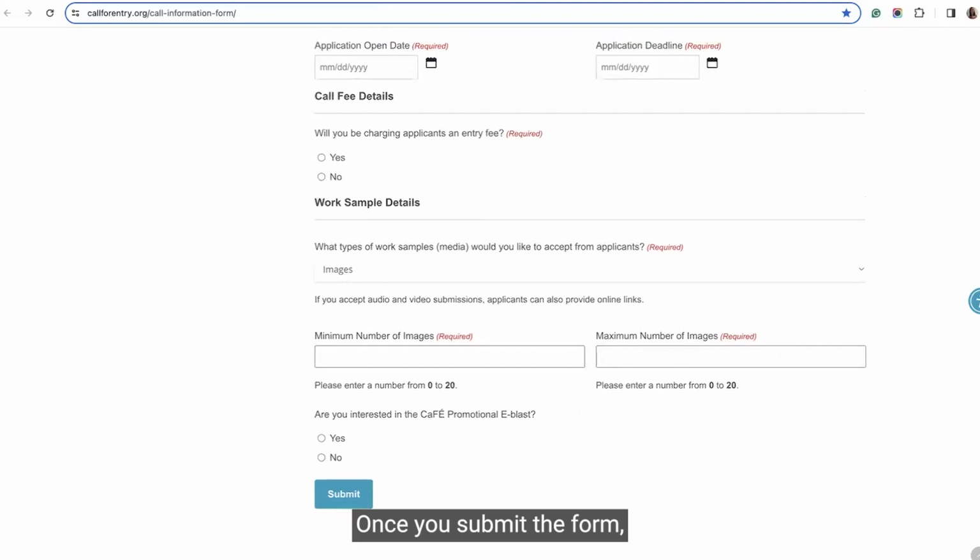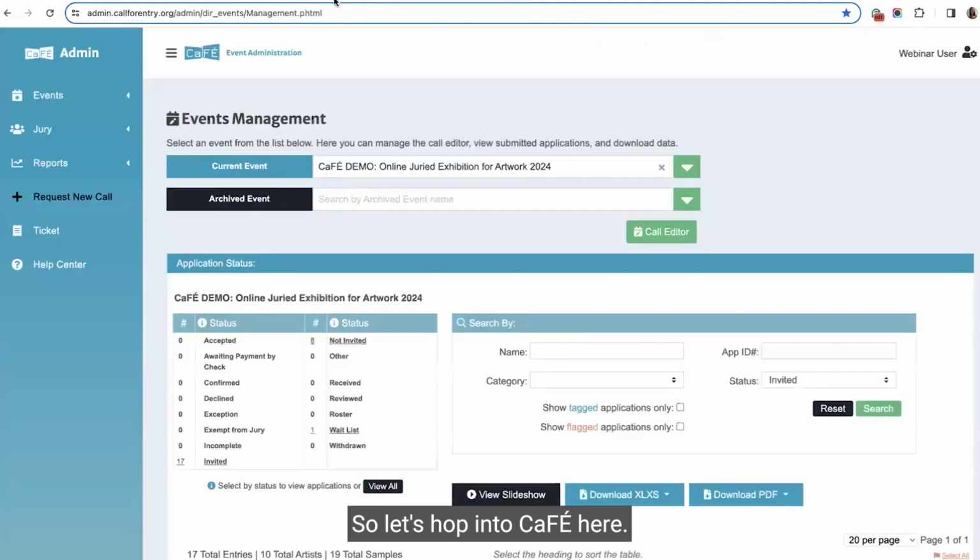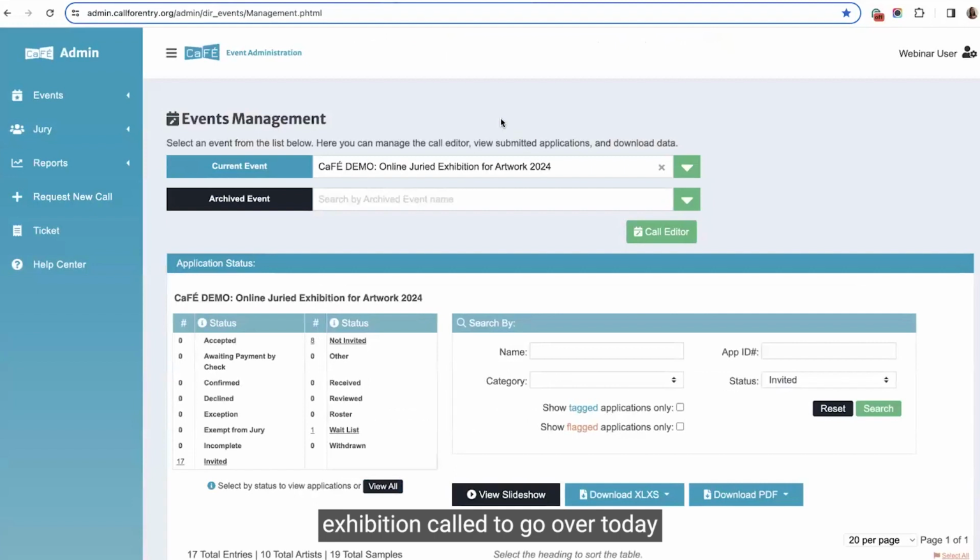Once you submit the form, a member of our team will set up your call in CaFÉ. So let's hop into CaFÉ here. We've got a little demo online exhibition call to go over today, and let's just go through the call process. So we'll go to the call editor,